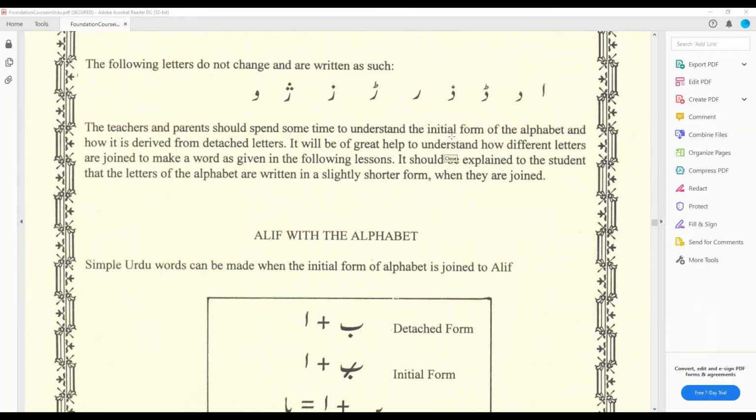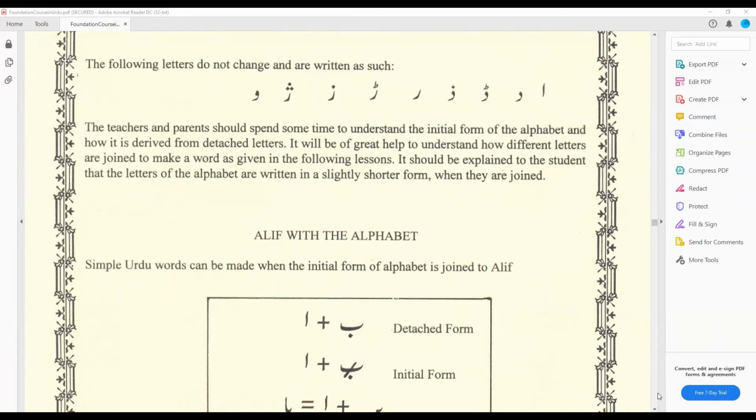Okay, so let's see if you know some alphabet, Sabah. You know the Urdu alphabet, that's fine. We are learning how to join the alphabet with other letters, and how you can read. I was on this page. There are some alphabets that can't change their shape. These alphabets are alif, dal, zal, re, ze, and waw.